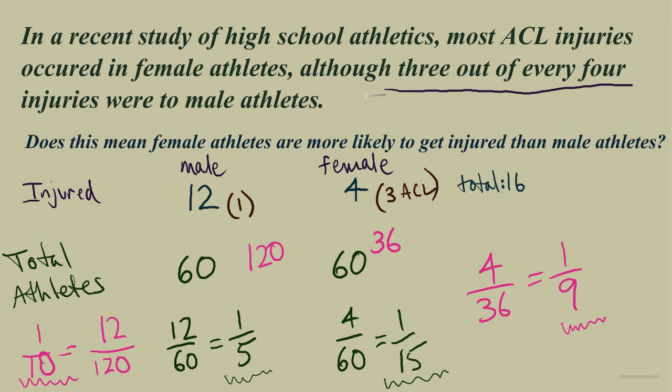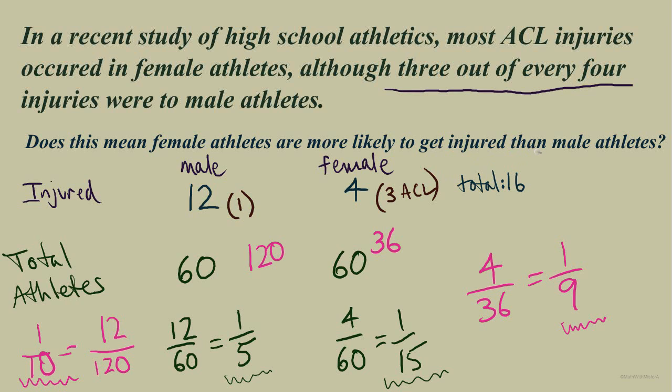So when we're dealing with quantitative information, we'd like to be able to create some scenarios, some actual numbers that could work with the information that's being described, and use that information, or the lack of other information, to show how much we really know about this statement. So we can tell that a particular injury is more likely to occur in the female athletes compared to male athletes, and we know that the majority of injuries are found in male athletes, but beyond that, we cannot say about who is more likely to get injured.